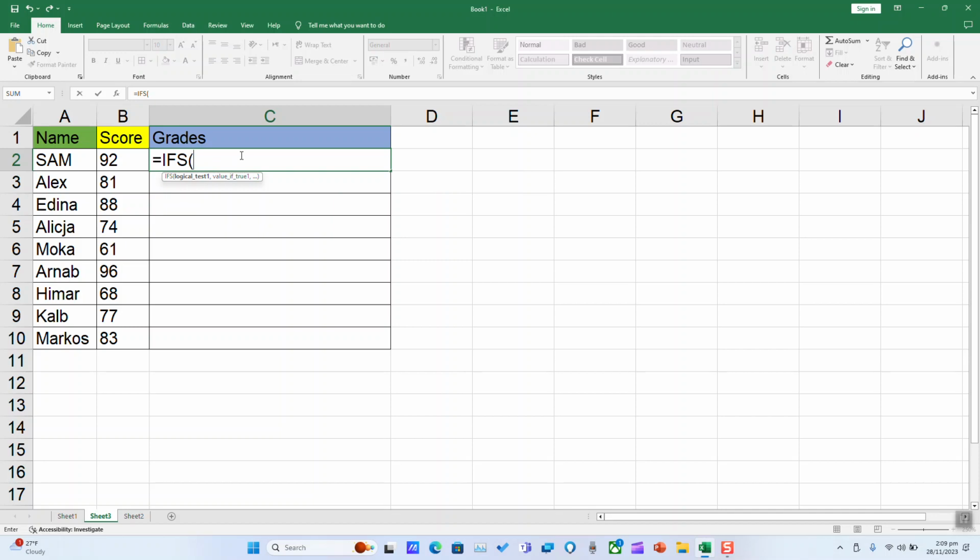Next step, we're going to put the first condition: B2 superior or equal to 100. This is an example of a table for students in my classroom for which I want to attribute grades according to their scores. Here it is. So if B2, the score, is superior or equal to 100, or 90,